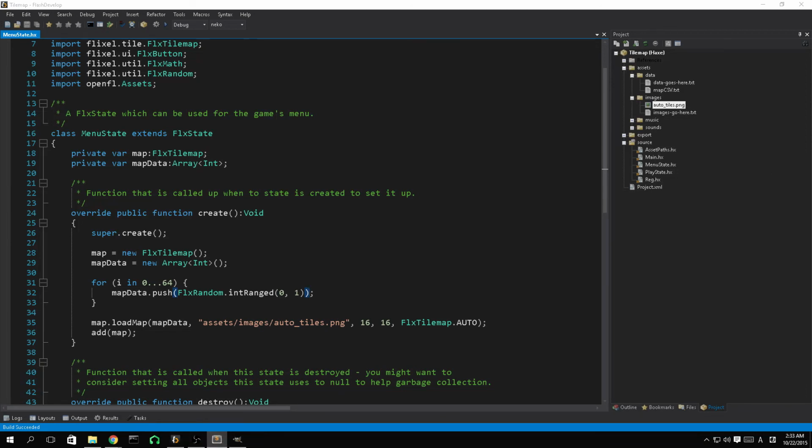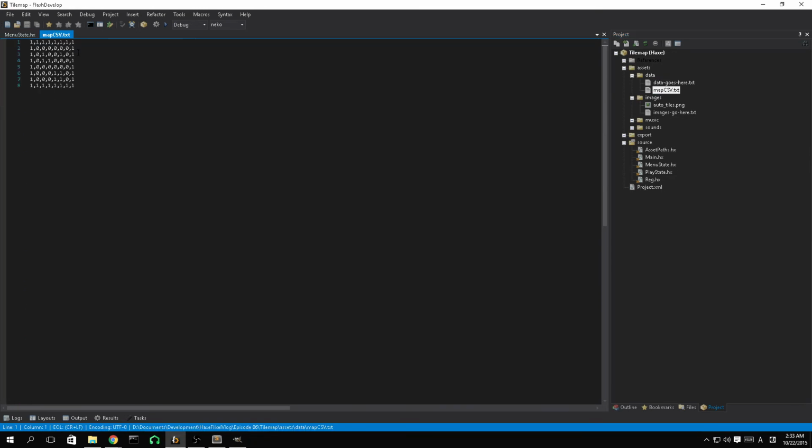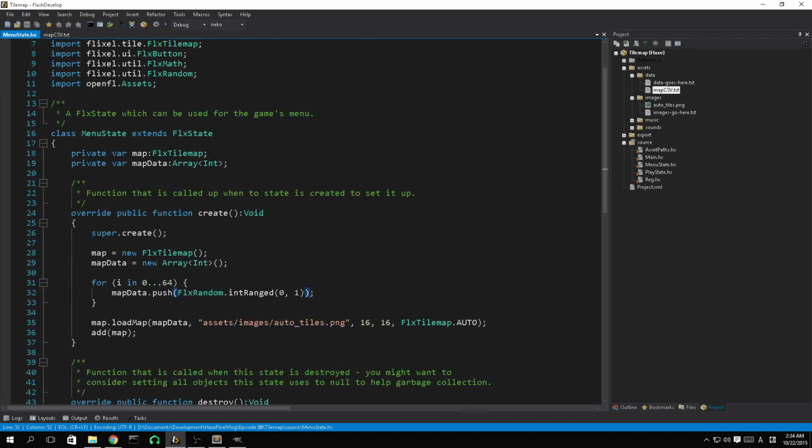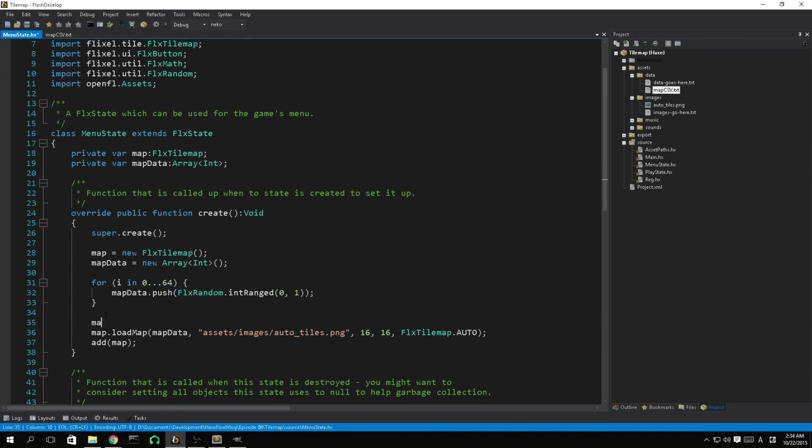When we were working with the text, I think I can just double click it here. When we're working with the text, there's a new line character here, so it knows that it's 8 wide, so it goes to the next one. But with this other one, it's just 64 ones and zeros. So what we have to do beforehand is